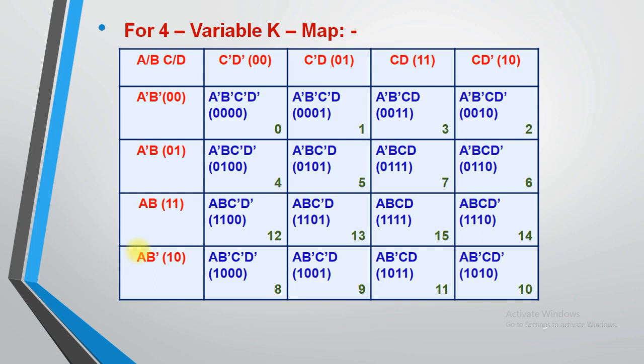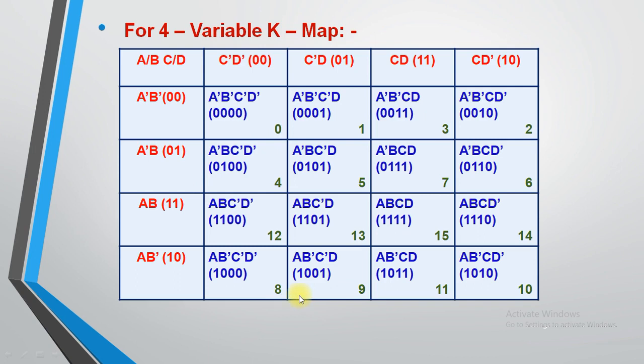So in today's session we have just learned what a K-map is, and how to form 2 input variable, 3 input variable and 4 input variable K-maps. Creation of a 2 input variable K-map is a bit easier. For 3 variables you need to switch the last 2 columns. For 4 variables you need to switch the last 2 columns as well as the last 2 rows. So be careful when you give the number to each cell.